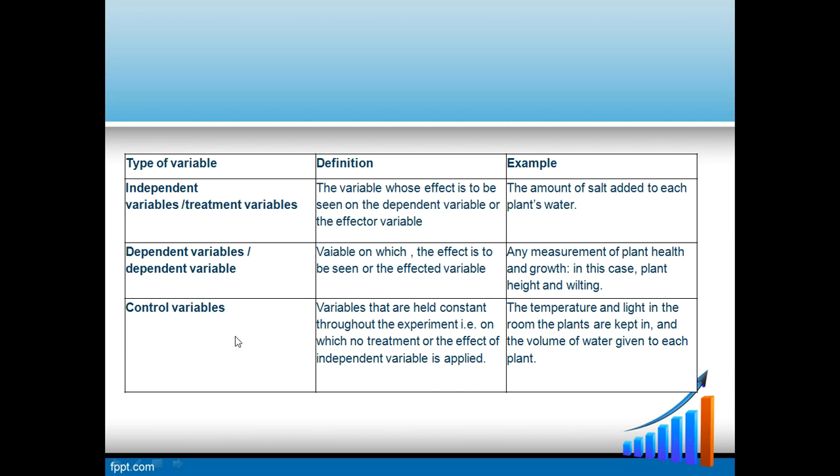So when you intend to see the effect of a feed additive on a group of animals, you generally measure, say, body weight at different ages in a group of animals given the feed additive, and you keep another group of animals on which you do not give the feed additive, all other managemental conditions remaining the same. The group in which you are not giving the feed additive, or the treatment variable, will act as the control. And the group on which you are actually giving the treatment is the one on which you have to see the effect.